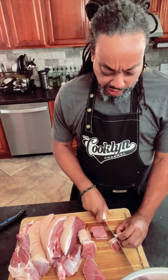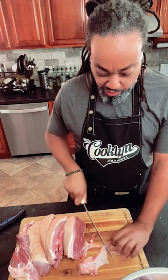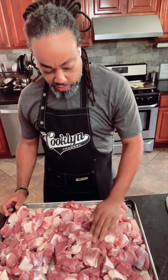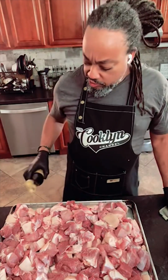So we don't want to have little minuscule pieces, extra membrane, extra fat. We're going to take all of that out, try to lay it out into like one nice, even layer. I'm going to put some soy sauce in here, a little bit of browning,